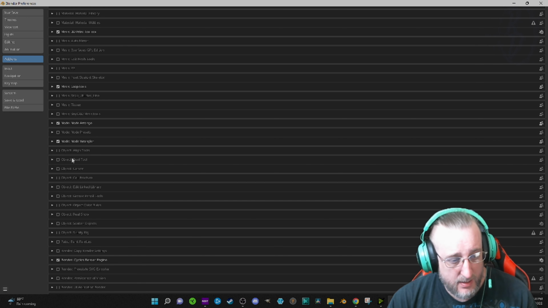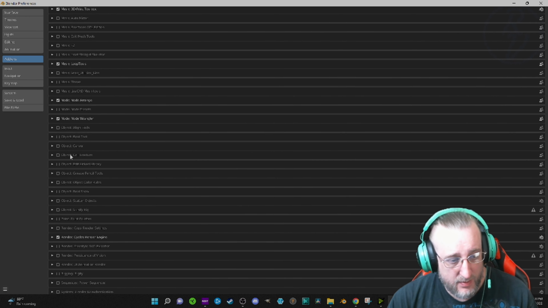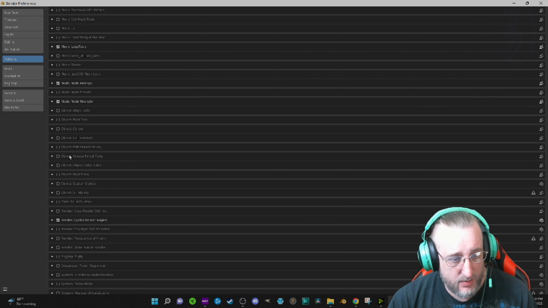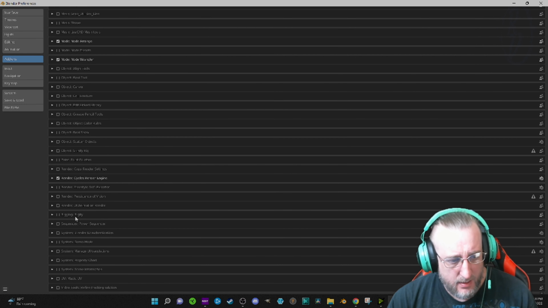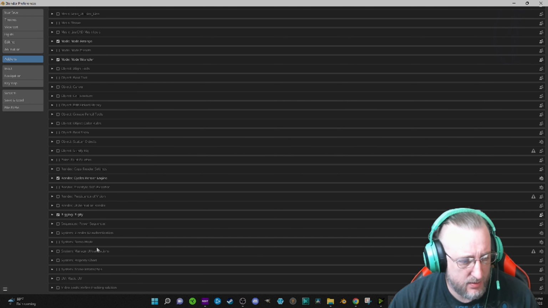Go down to object. I'm not going to worry about the object ones for now. I'll add those in later. Those are physical objects, working on the objects, so don't even worry about that for now. Obviously, I'm not going to worry about the render thing or the rigging. Actually, I'm going to put rigify on just to make sure that I have it for later because I do other stuff. Sequencer, power sequencer, system, property chart,